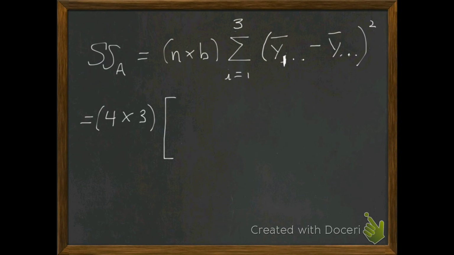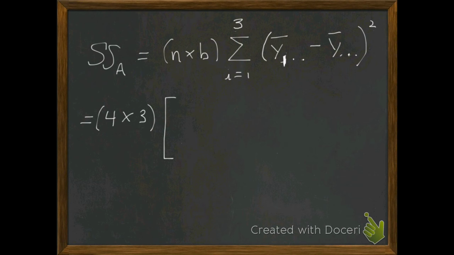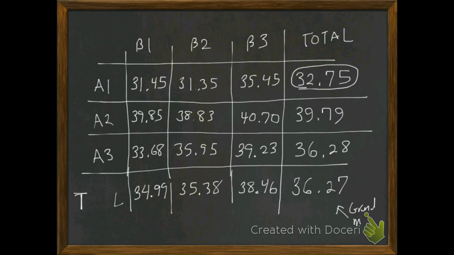So we're looking at what? The first row. So 32.75 minus the grand mean of 36.27